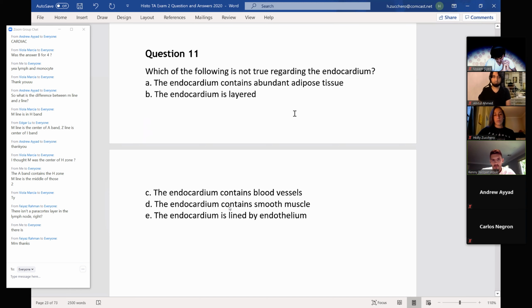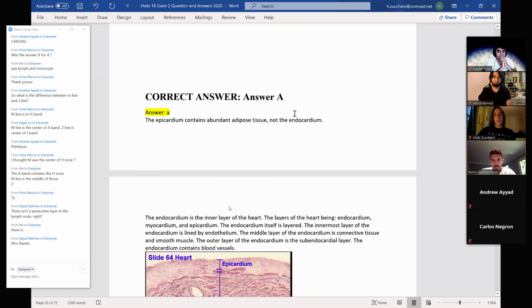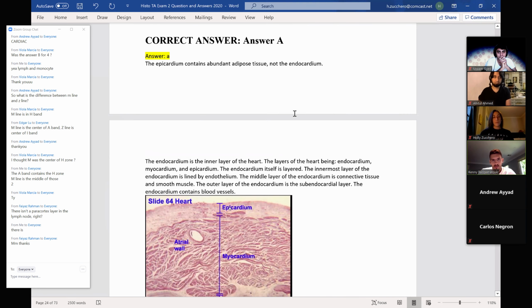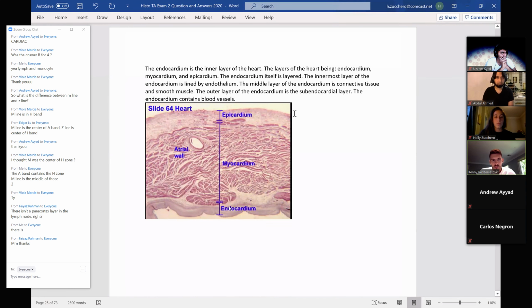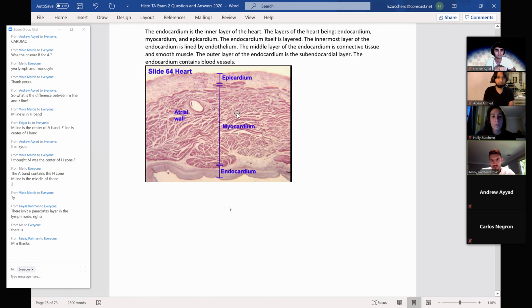So the endocardium is going to be found inside, lining the inside of the heart. And it's actually the adipose tissue that we find, and the glycogen stores, are going to be found in the epicardium, on the outside of the heart. This is a good image of the epicardium, myocardium, and endocardium. You see the epicardium has the abundance of fat that cushions the heart. The other layers, we also have the myocardium, which is a lot of smooth muscle, and the endocardium is